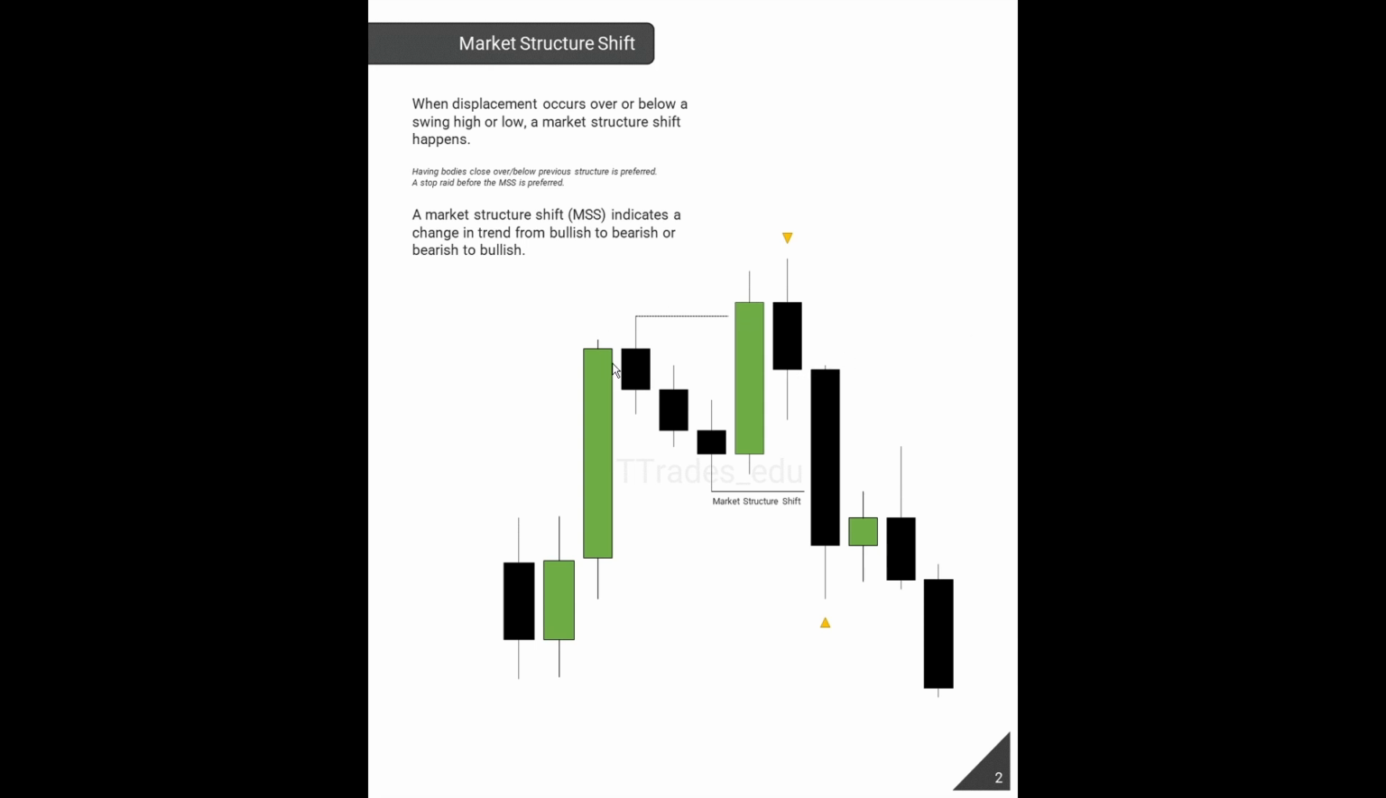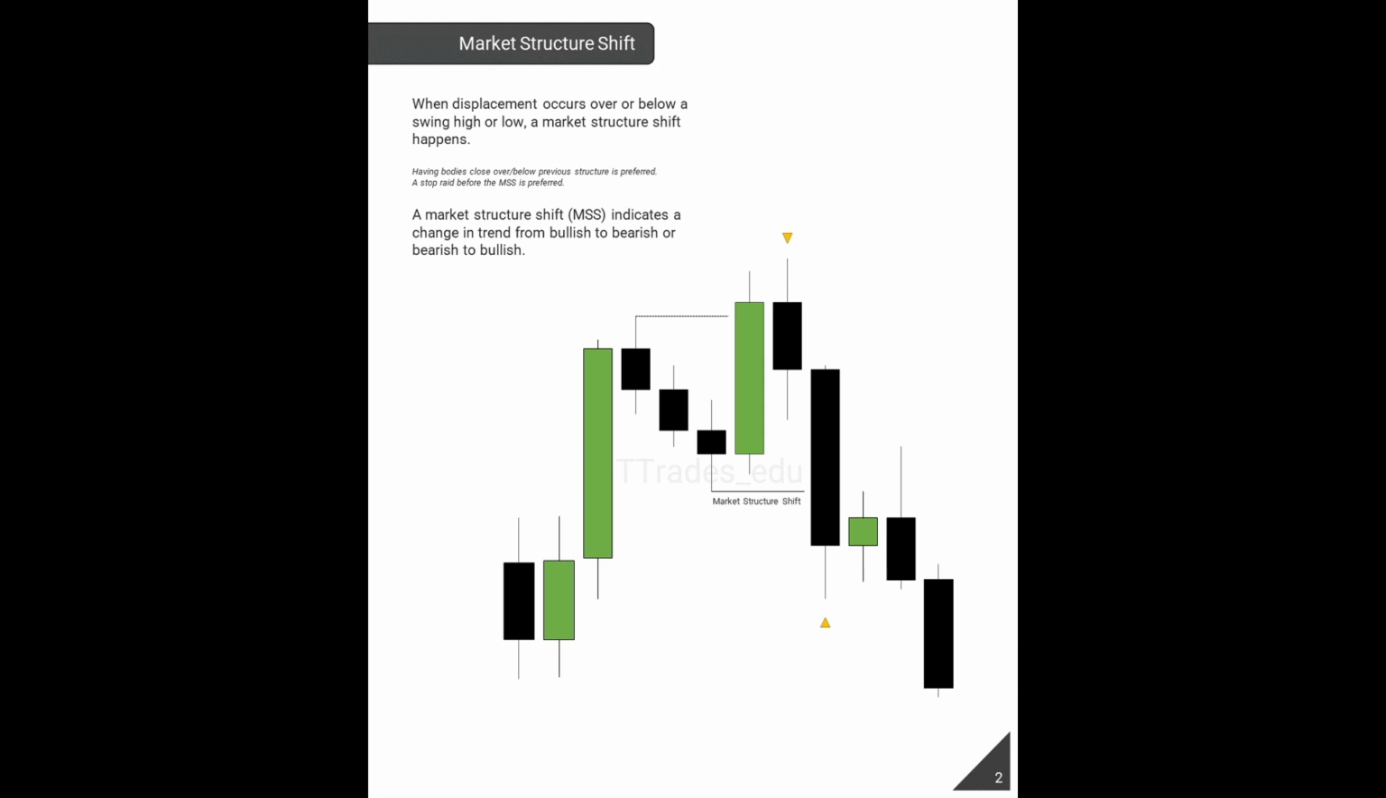So in this case, we are going up in an uptrend, and then this swing low gets displacement through and close below, creates this fair value gap right here, and that would be a market structure shift. All right, now since you guys have a fair idea of what a market structure shift is,